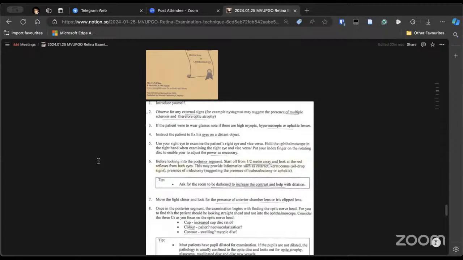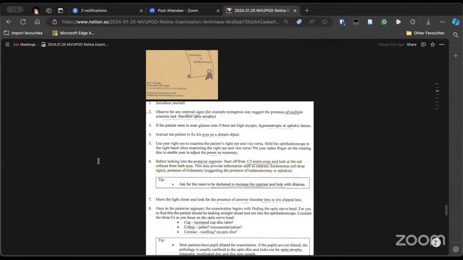When the patient sits, make sure that the patient is comfortable, and usually their head or eyes should be at your level so that you do not need to stoop much. The patient should look at the distance. That helps the patient to fix also. If the patient is not dilated, then when the patient looks near, the pupil will definitely be constricted. So if the patient looks at a distance, you have a better chance of getting the pupil dilated and examining the eye. When you are examining the right eye of the patient, you use your right eye.